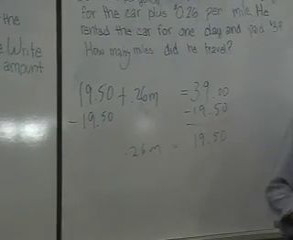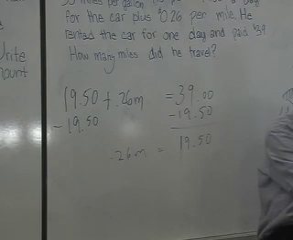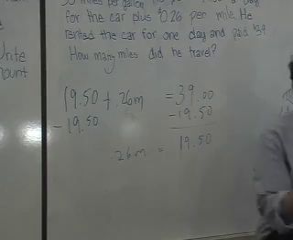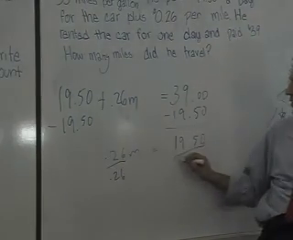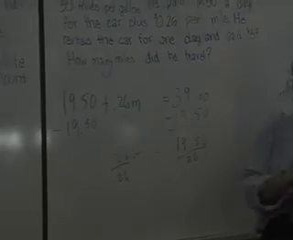What do we do now? What do we do to get our m on its own? Divide by 0.26. Yeah, 0.26. And now if you're nifty with your division, you know, you do this whole